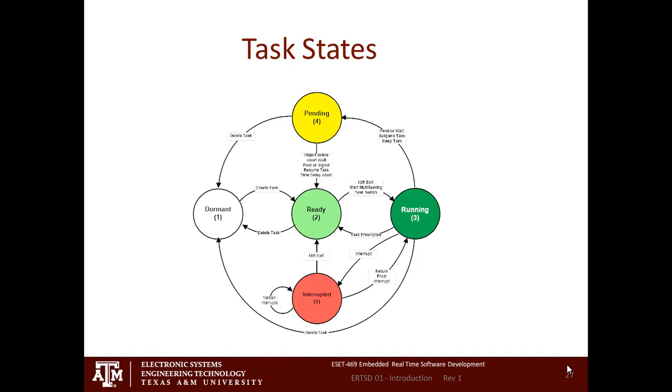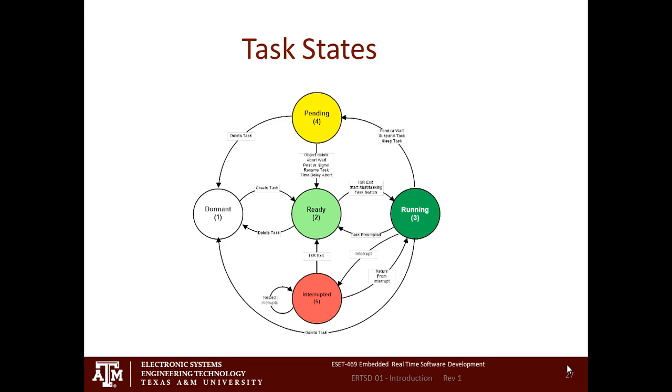The next level of task is a task that's ready. So a task that's ready is sitting there and he's looking around and he's saying, man, I got stuff to do, you just tell me when, Colonel. Ready means it's ready to execute. There's something to do as soon as you start that function going. Okay?